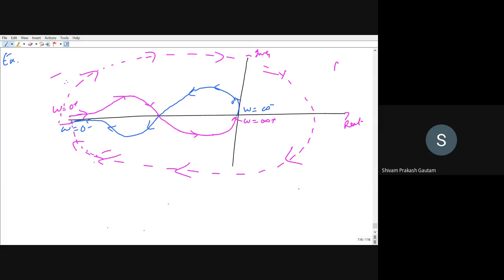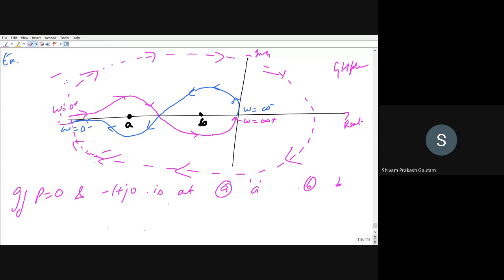Let us consider this real and imaginary. This is our GH plane. Now I am considering 2 points. Just pay attention. This is suppose point number A. This is suppose point number B. Now I am writing one example. Suppose P is equal to 0, that means the number of open loop poles is equal to 0 for this Nyquist plot, and the minus 1 plus J0 point is at. There are 2 conditions. First one, if the point is at point A. Second, if the point is at point B.